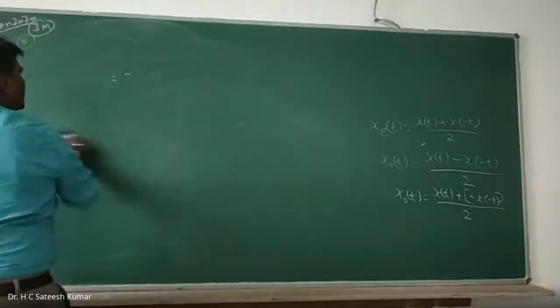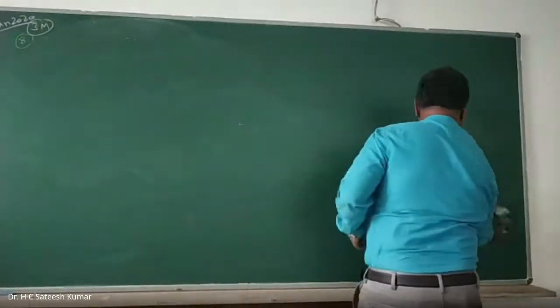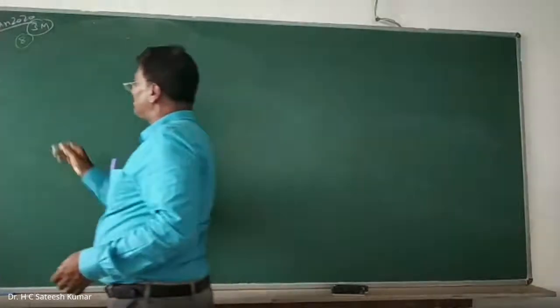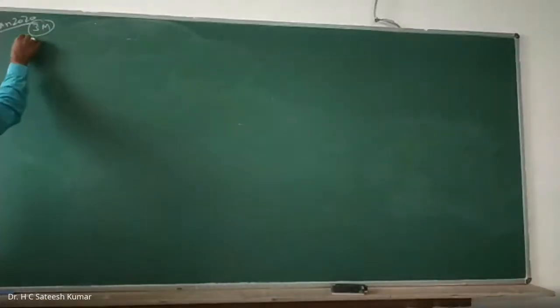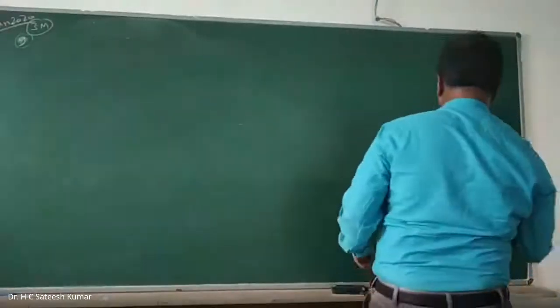So 3 marks, around 4 or 5 lines, you can get it easily. One more problem he has given from the same paper. I'll take it as problem number 9 from January 2020. He has given a sequence, another way of representing the signal that I have left out. The sequence form of representation is more familiar, particularly in the higher semesters.